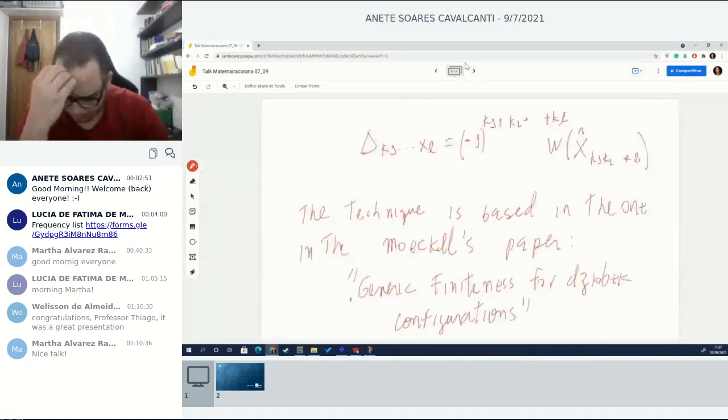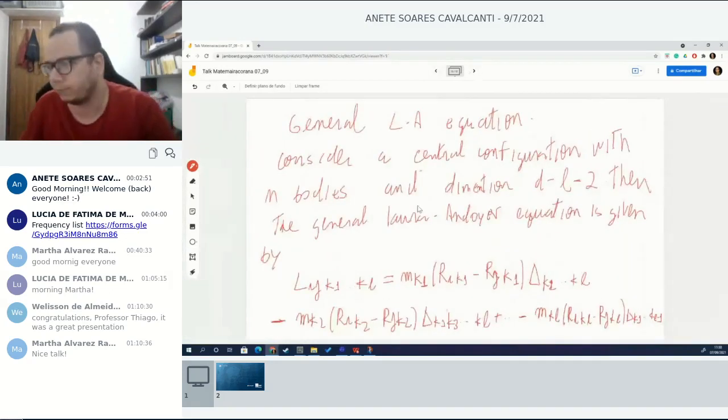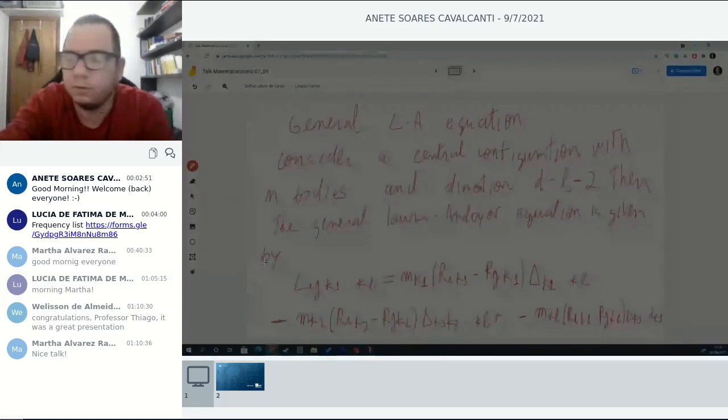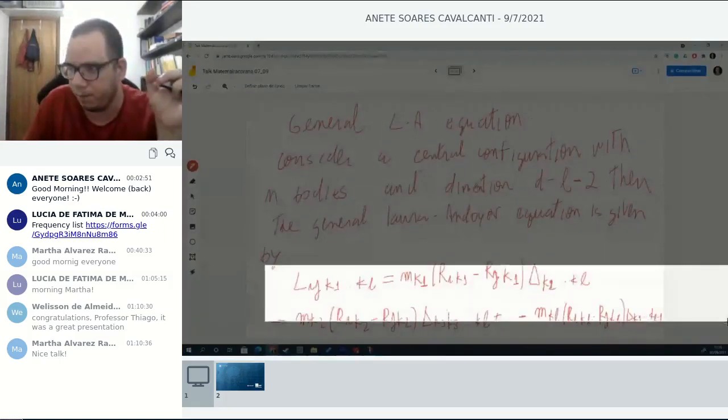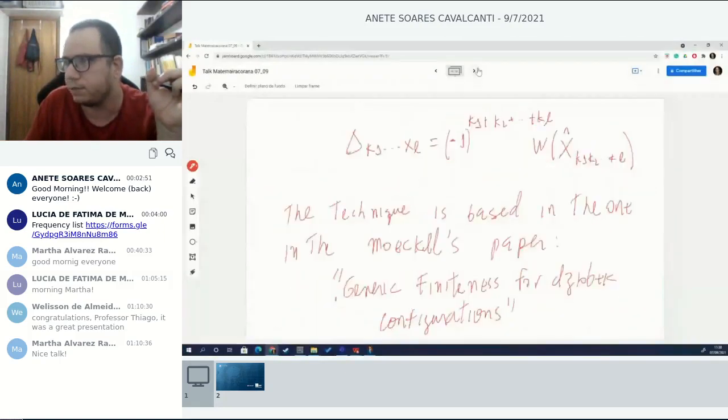And this equation is good in the presence of symmetry. This equation is good because